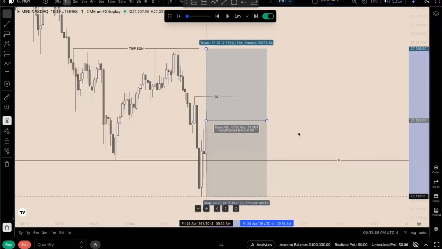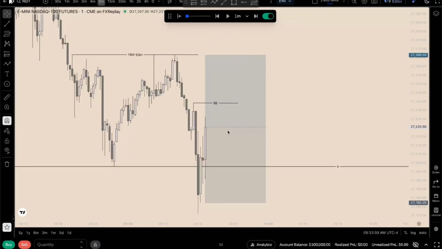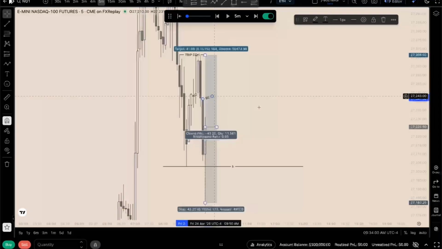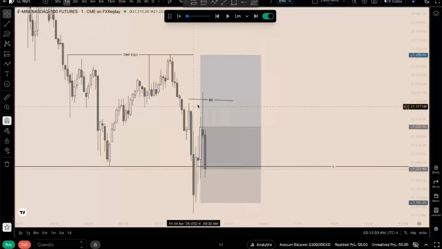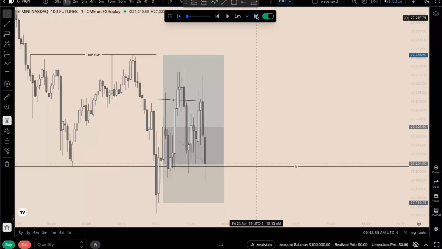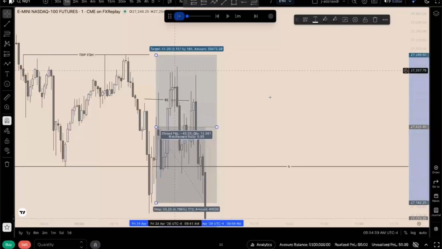Really good displacement. We created an order block here, and we have a super clear break-even point, which was this 5 minute gap here. And you can see we hit our break-even almost instantly, and then this went from a break-even into a loss, which is perfect. So basically I got saved. But going into the second setup that happened that day,